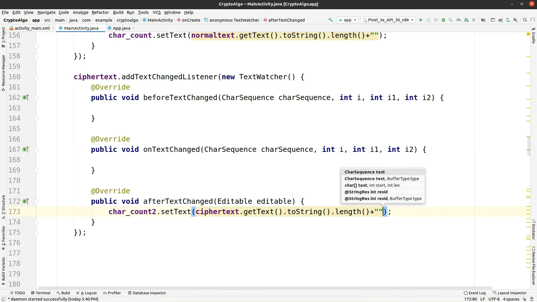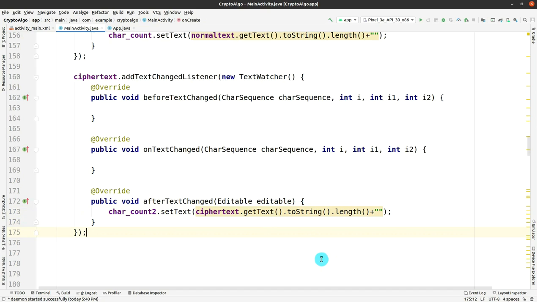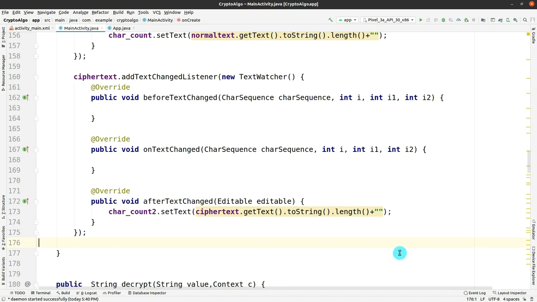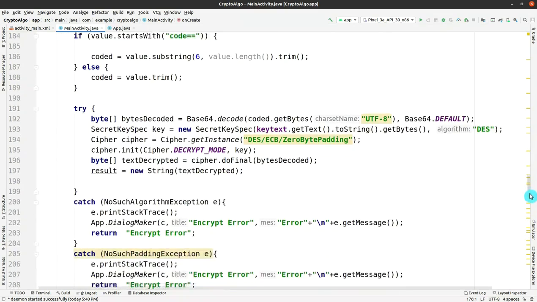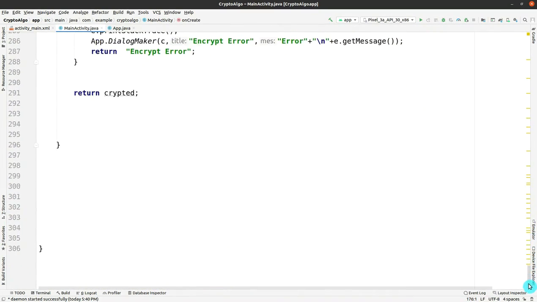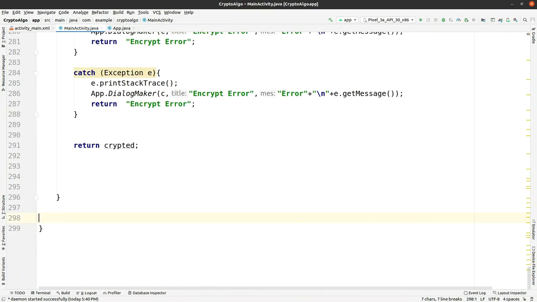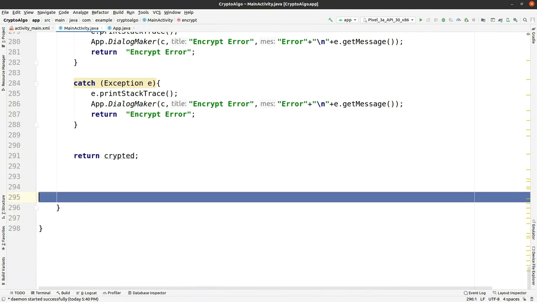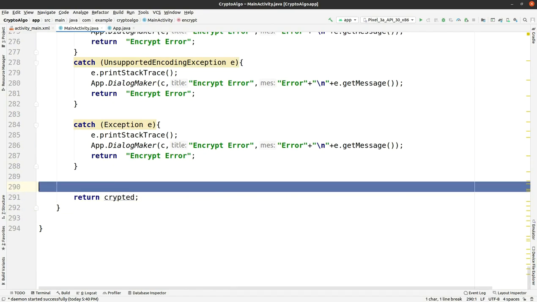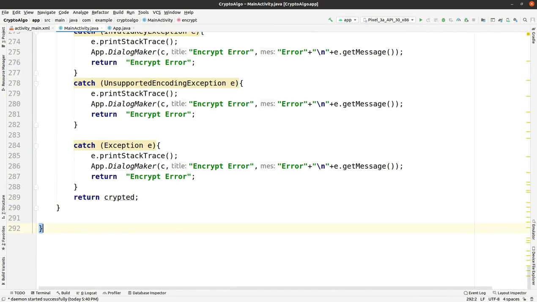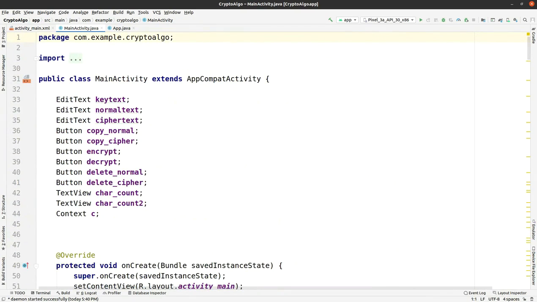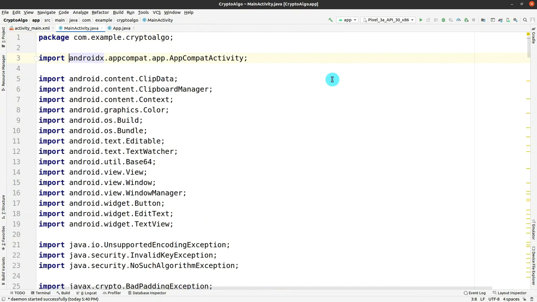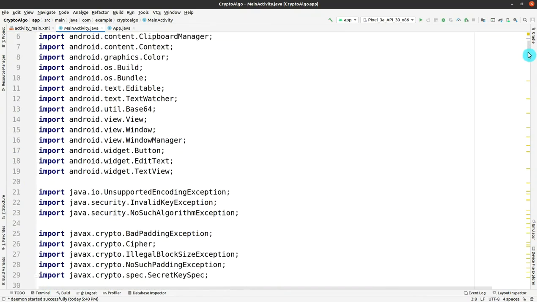I will be just scrolling up, and I will be just removing the extra space that is present in our code. So I will remove it, and as you can see that there are no errors right now. Our program is error free, our class is error free, and afterwards I will be scrolling it from top to down. And if you get messed up or get error at anywhere in this class, then you can just pause the video and correct your code